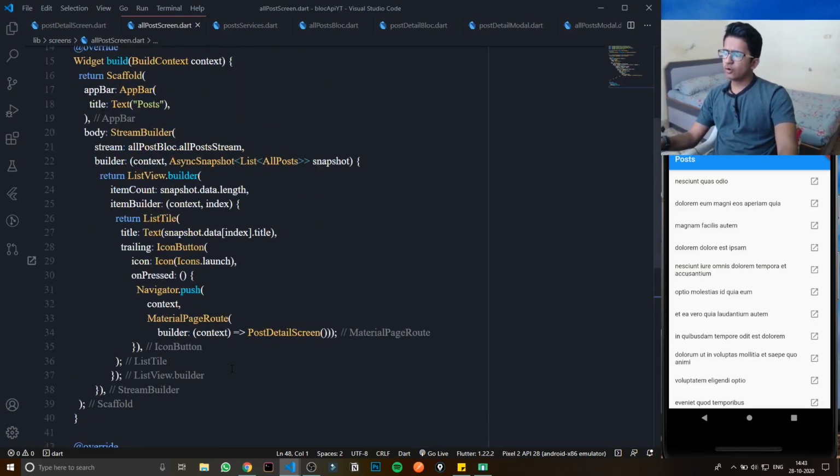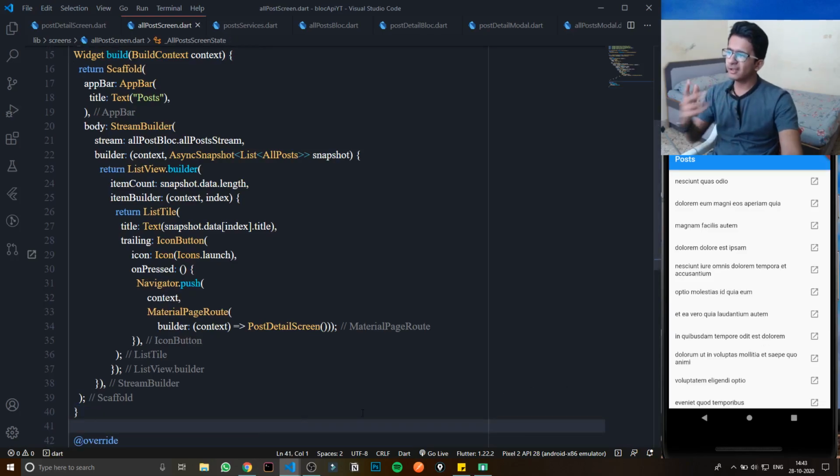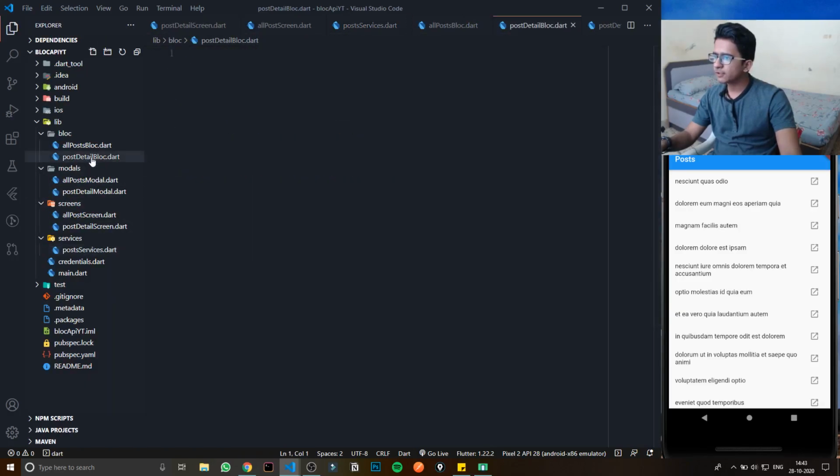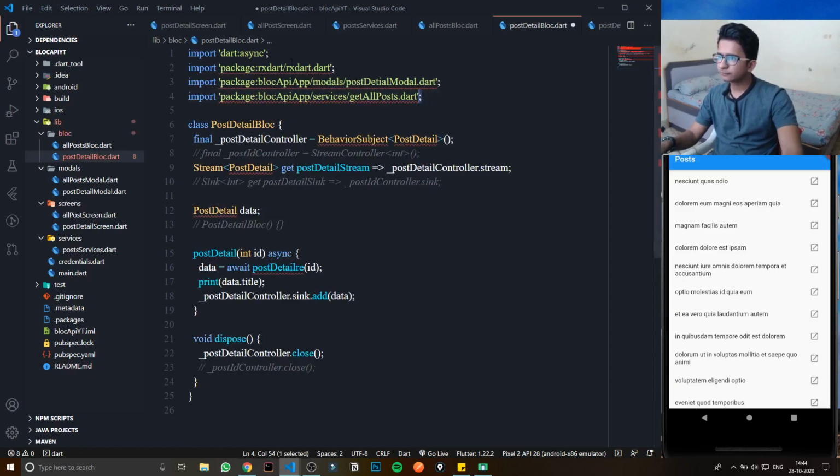Okay, leave that. So you basically know how we can show the data, right? Should I continue with the next page or not? Okay, let's continue. It's easy. Now we will continue with our post detail bloc, and here I will just copy paste the code because the video is too long and it's easy. Hold on a second. I will explain all the things. Okay, so this is the stuff.